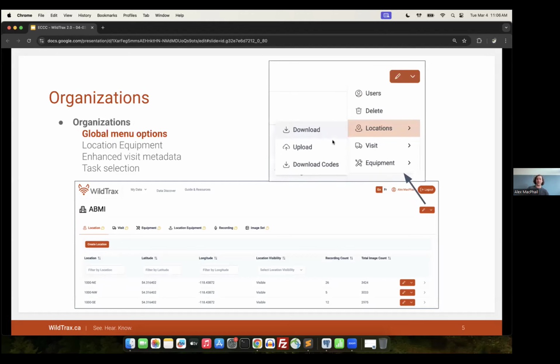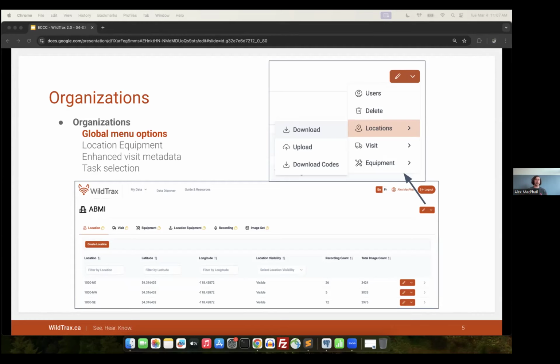Starting with the global menu options, at the top level of the organizations and the projects you're going to see a much more user efficient way of being able to get some of the data that you're looking for, and provide consistency and ease of navigation across the platform. These global menus are going to allow key features and tools from any section, such as organizations or projects, to be available both in the project view, but also on the dashboards, so that it can help to retrace the steps needed when switching context between your organization dashboard and a project, for example.